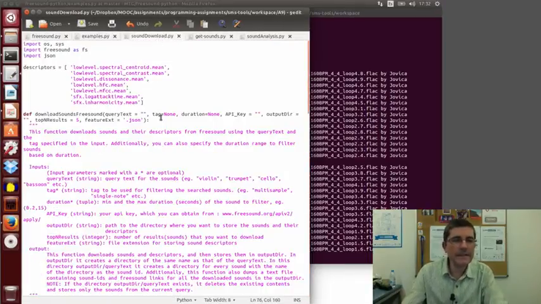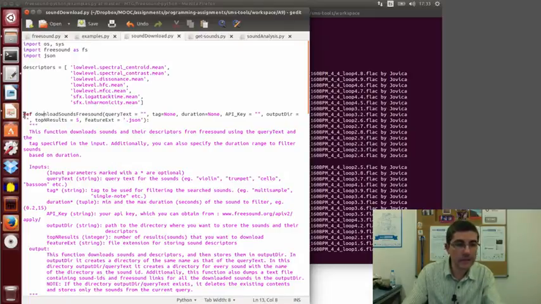So this is some code that in fact we wrote for the assignment of this week, to help you play around with the Freesound API. So in this piece of code, what we are doing is facilitating the downloading of a collection of sounds based on some specific query. So we defined, taking this Freesound code from this client library,